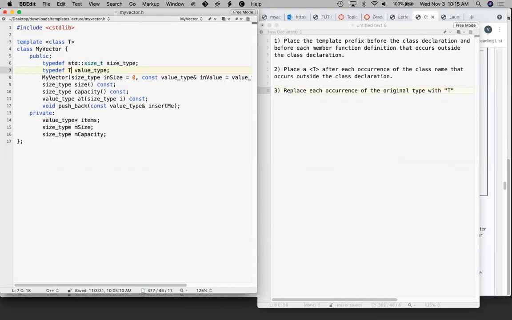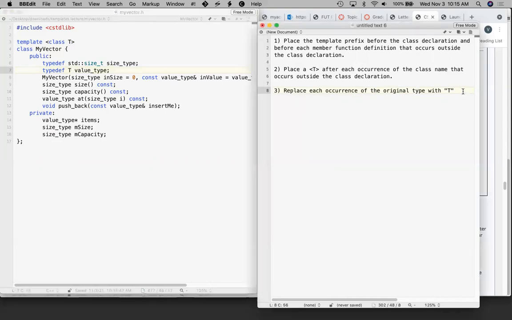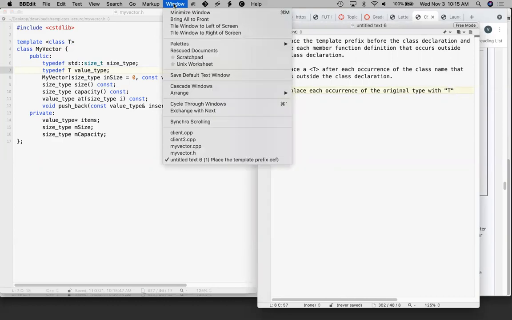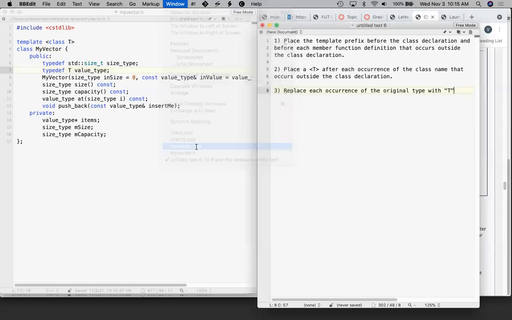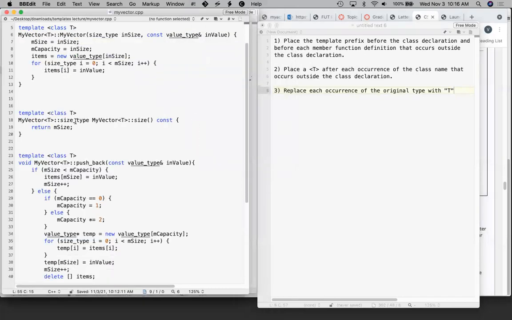Okay. Step 4 is a little more subtle. Before I tell you step 4, let me tell you the problem that we are solving with it. So if we see something like this,